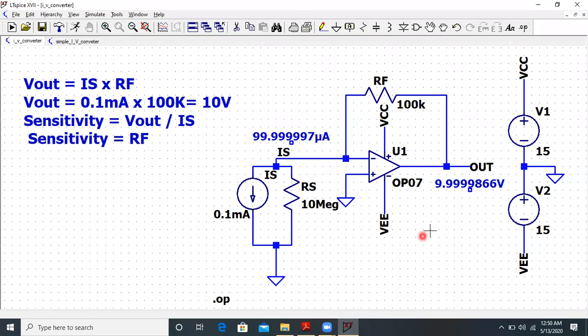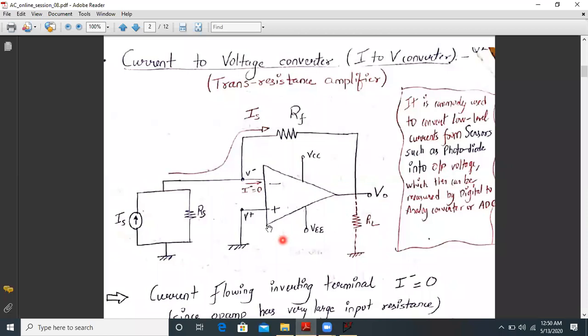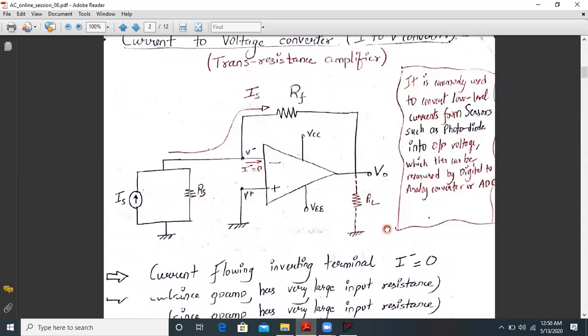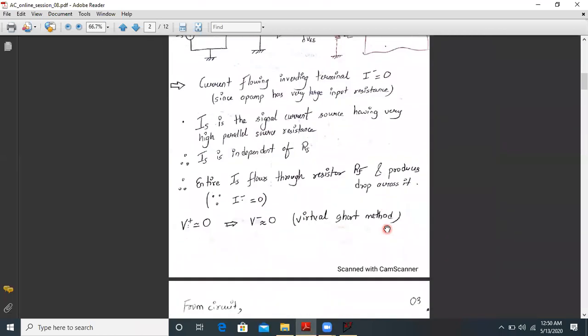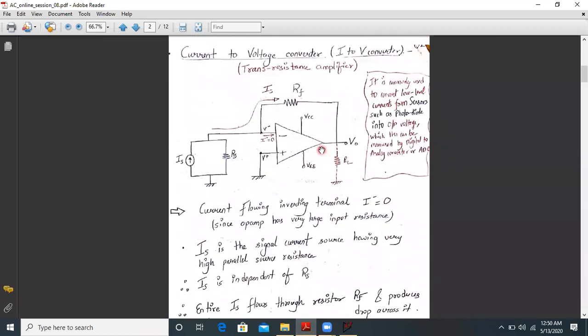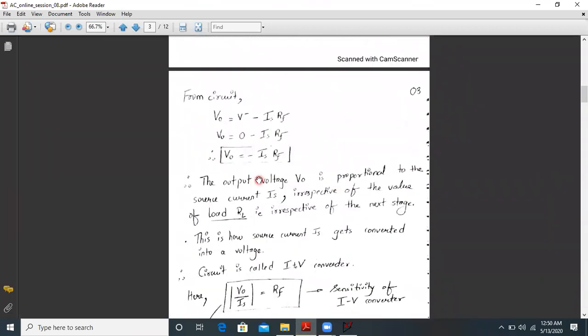Okay, yeah. So what we were trying to justify is how this value of 9.999 came, and we will see that shortly. We have to go back to our PDF. So this was the circuit which we have just now simulated, and let us check the formula. Now this circuit we have already seen. Let us check the final result.